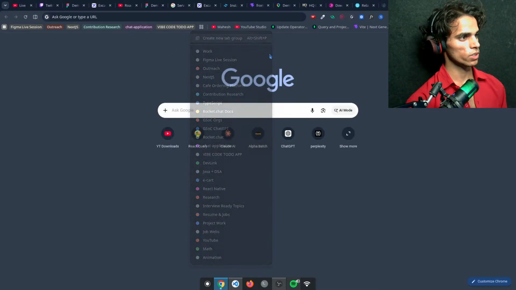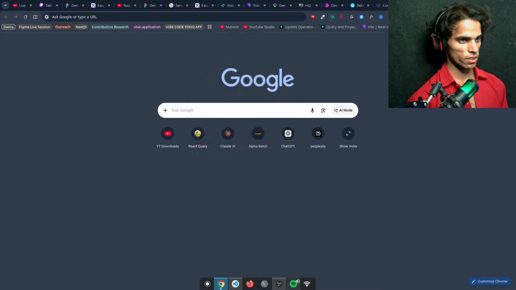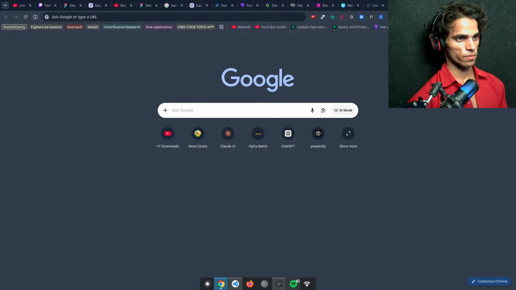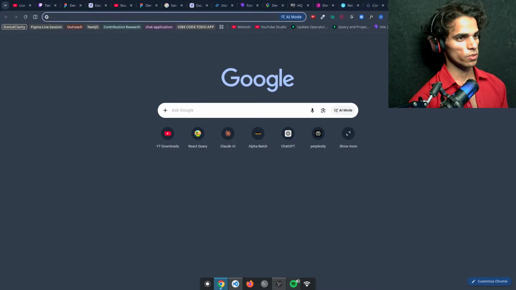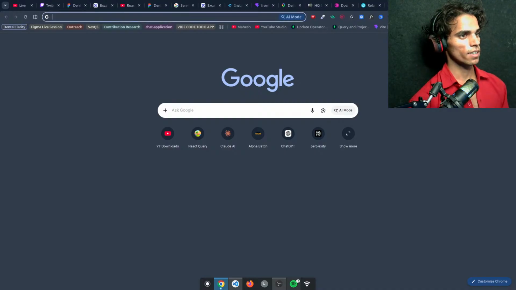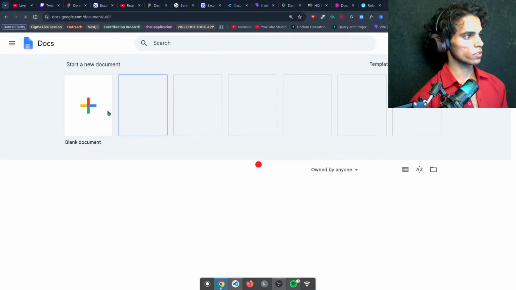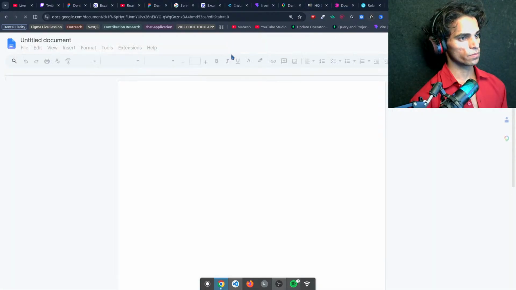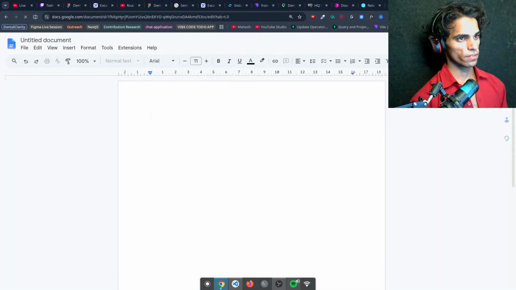Let's create a new tab group, and I will name this Dental Clarity. We can also change this color if you want, like this. And now inside this, we will open docs.google.com, new doc, if it is needed.